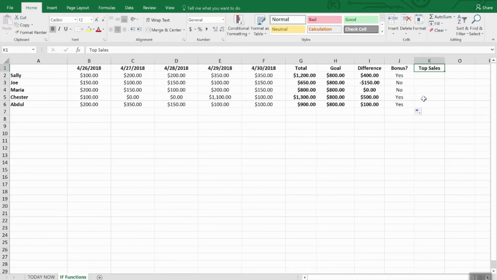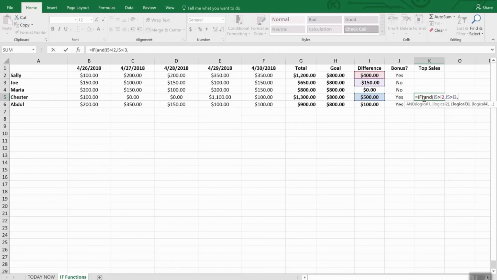We already know that Chester's our winner, so as not to make things anticlimactic, we'll go ahead and build our first formula around him. So bear with me because we got to type a little bit. So the formula is IF AND, then we're going to say, again, we're using the difference column, I5 for Chester is greater than Sally's, I2, is greater than Joe's, I3, is greater than Maria's,